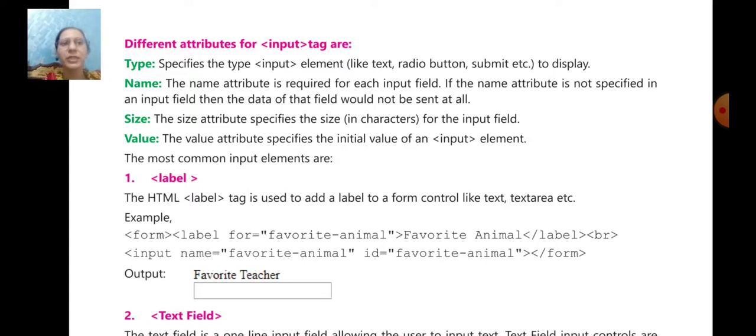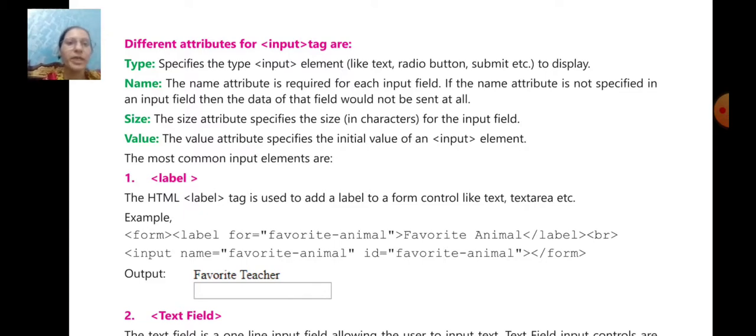If the name attribute is not specified in an input field, then the data of the field would not be sent at all. Next we have size. It specifies the size, meaning how many characters are in the input field. Then we have value. It specifies the initial value of an input element.